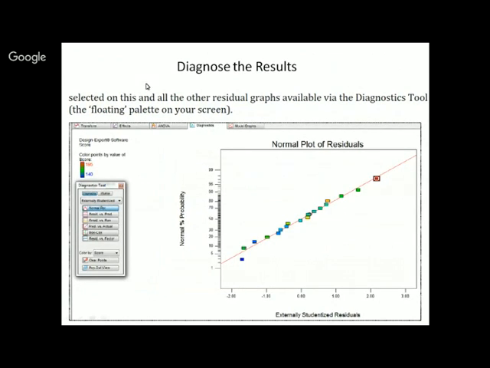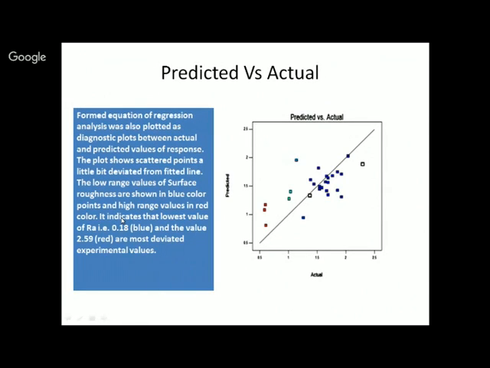After ANOVA, another test is to diagnose my results. You have to see the diagnose tab after ANOVA. It will give a lot of plots, mostly the normal plot of residuals. So this is the normal plot given. How it is to be decided, I have to see that. So this is the predicted as well as the actual plot in the case of